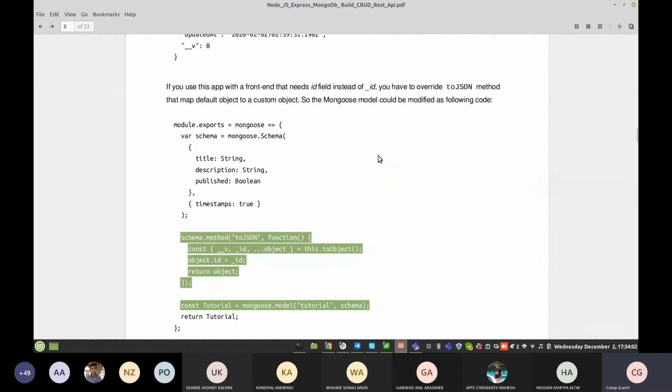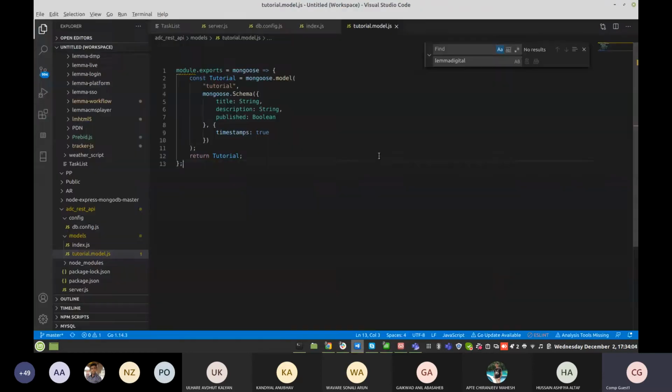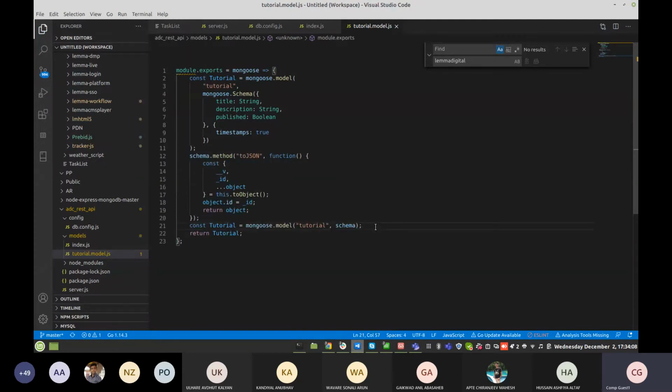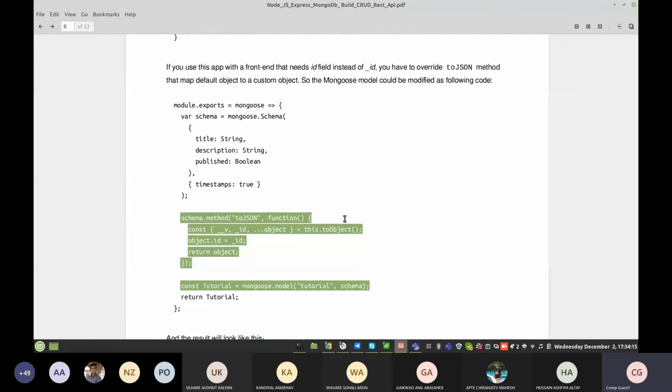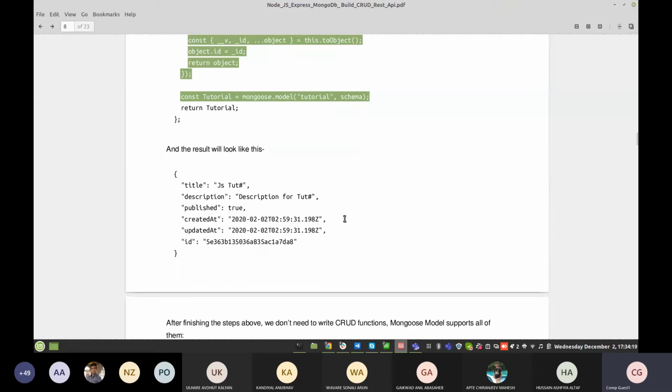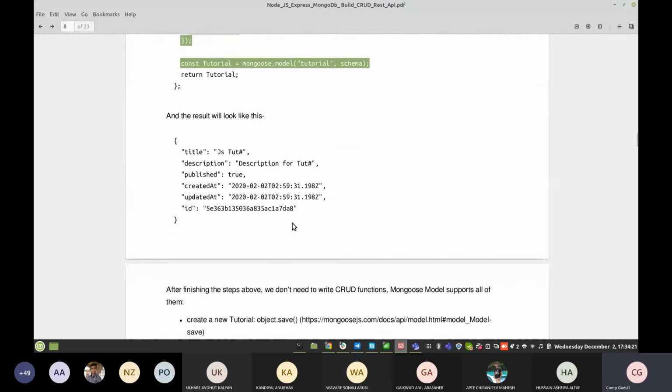We need to add these 4 lines before the tutorial. The tutorial module means your data object, the document object that is returned to you. This is what it looks like.